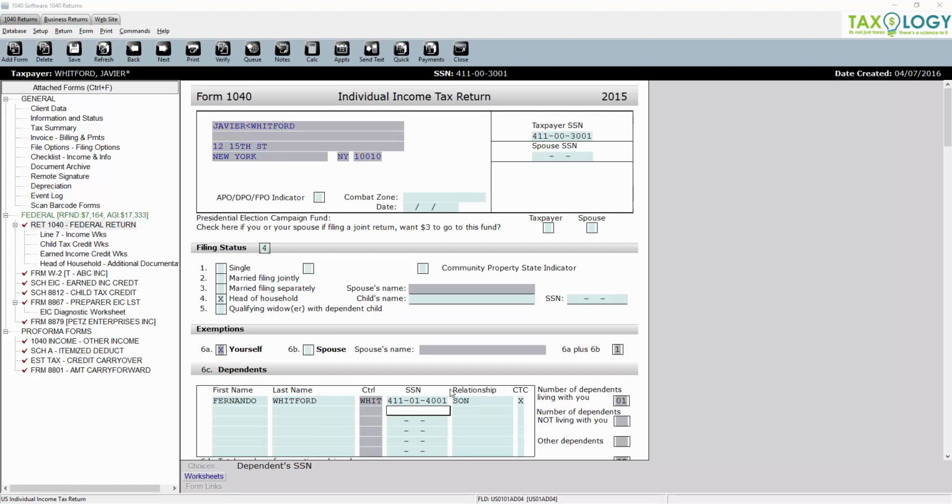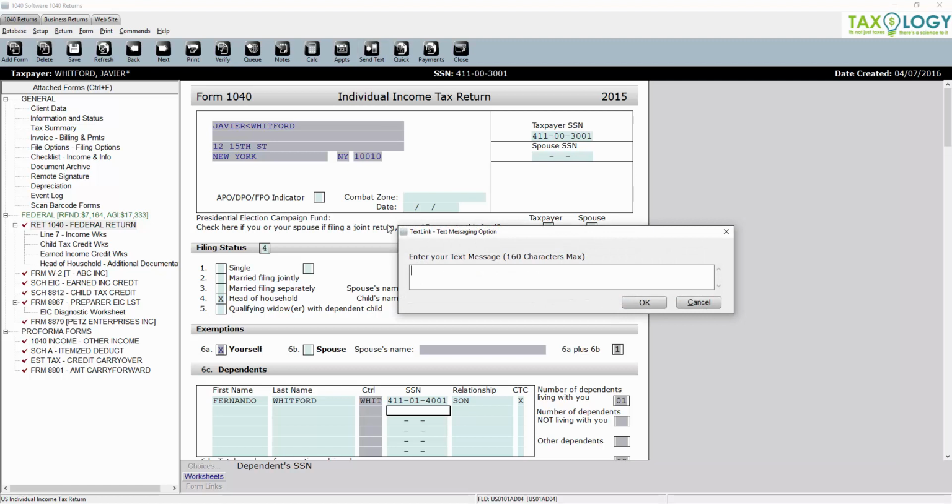What the text messaging gives you the ability to do is to put the ball back in the customer's court. So if you need to get information out to them while you're in the return, you can click on Send Text. Once you do so, you can enter in the text message that you need to get to the taxpayer. For example, we can say, this tax return is currently rejected. Please reach me at, give your telephone number, information, click on OK, and it will send that message to the